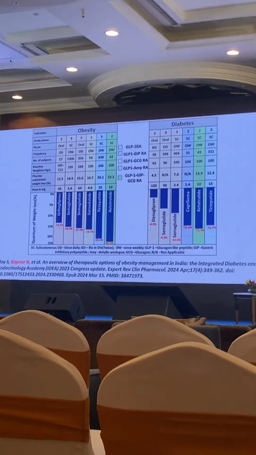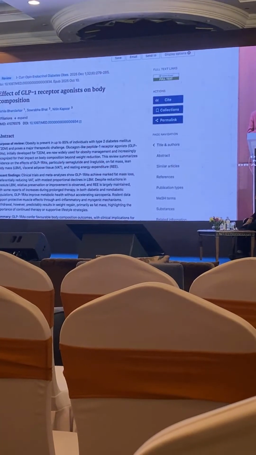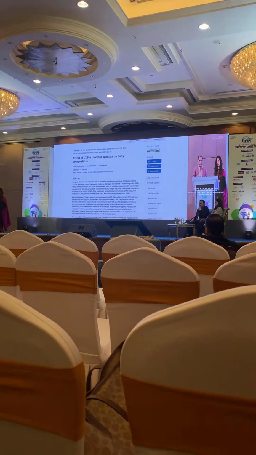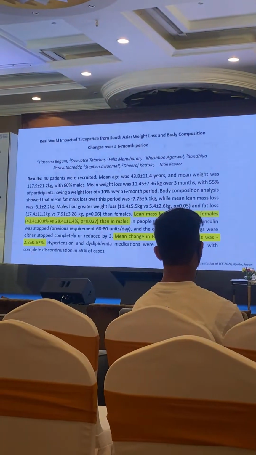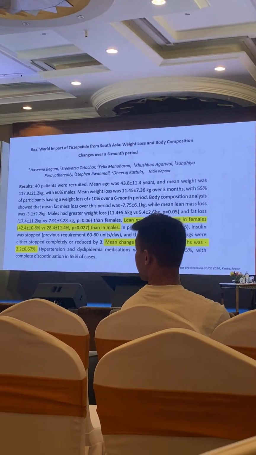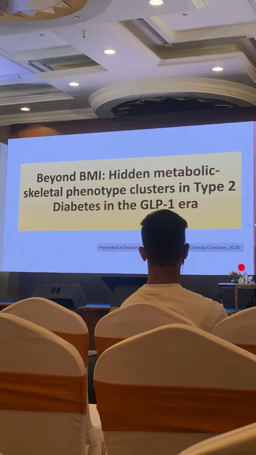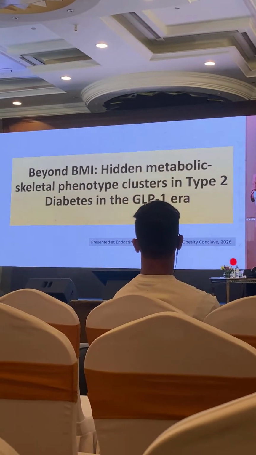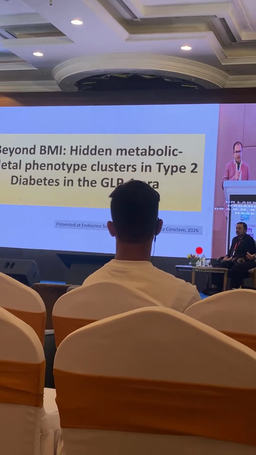There are now many medicines for obesity, and also to manage weight in type 2 diabetes, including GLP-1. You all know the effect of GLP-1. There is an impact on muscle and also on lean body mass. There are studies showing that they negatively affect muscle mass, and muscle mass is lost in proportion with fat mass, and females are more affected in that way. But surprisingly, there are some animal studies showing differential effects of GLP-1 on muscle mass, with some positive effects. We don't know the explanation, but there may be some positive effects also. So we should take it carefully.